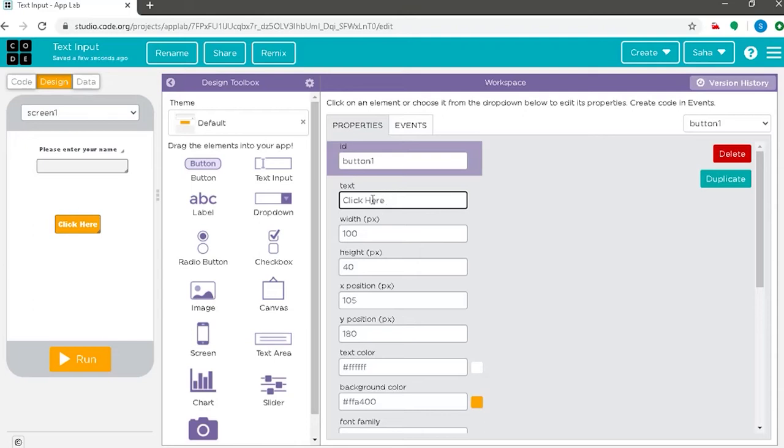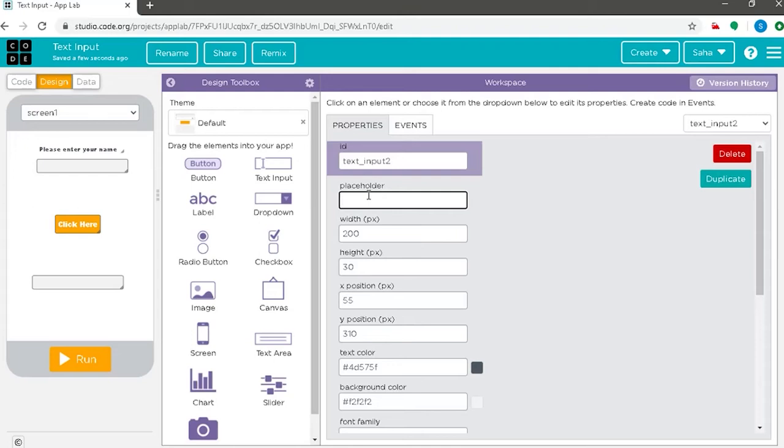All we have to do is enter one more text input box for a response. As you can see, we can place it again in any position on the visualizing section. As we have entered it, you can see that the ID is text input 2, which we can change to response label or anything which you prefer. I shall keep it as text input 2, and in the placeholder I would not keep anything because it is what the computer should return as a response.